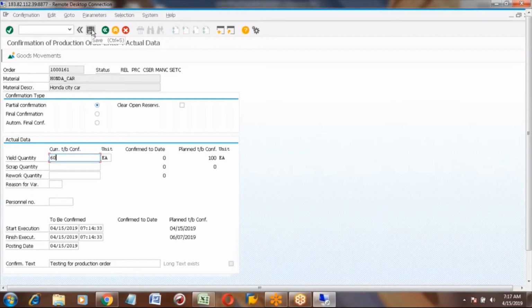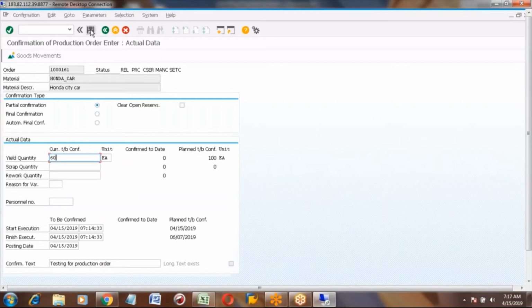In another example, all your 4 operations are completing in one hour only: engine fixing, tire fixing, painting, everything is completing in 1 hour. In that case, it is better to go with the order wise confirmation. If each takes 15 minutes or 10 minutes, you need operation wise confirmation. So as per business need, you need to use it.